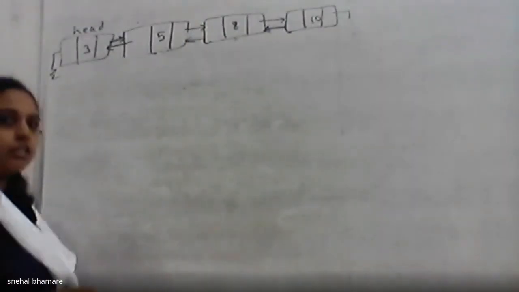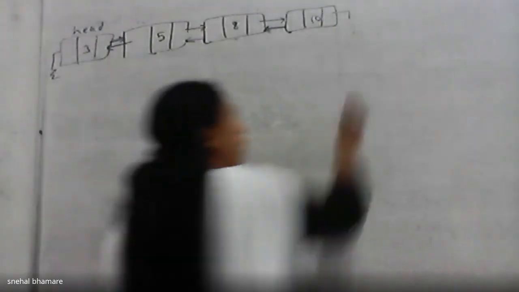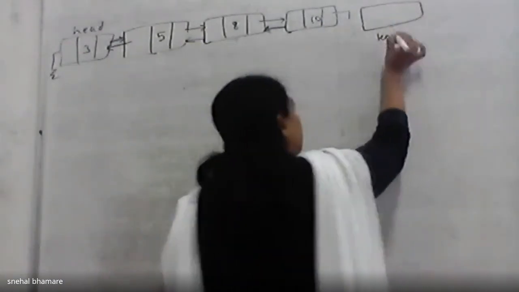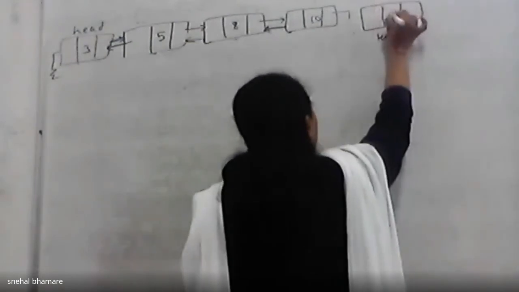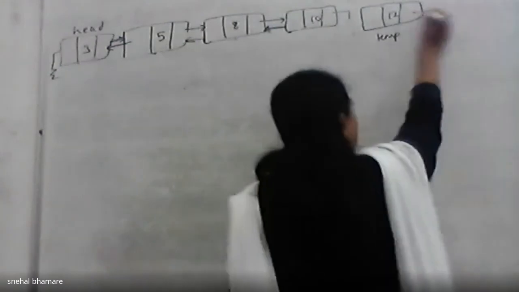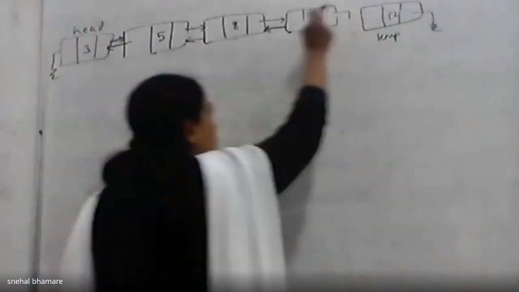Consider this as my doubly linked list and I have to insert a new node at the last location. That means after 10. So what will the basic logic be? I'll create a temporary node. In the data part, I'll copy that data. And by default, its next part will be null because it is going to be the last node, right? So I have to make its next part null. Only the links I have to give. So it should be referred by another variable, let's say p.